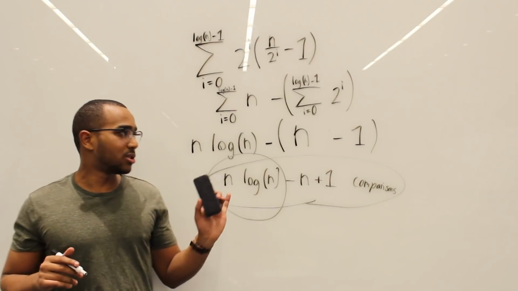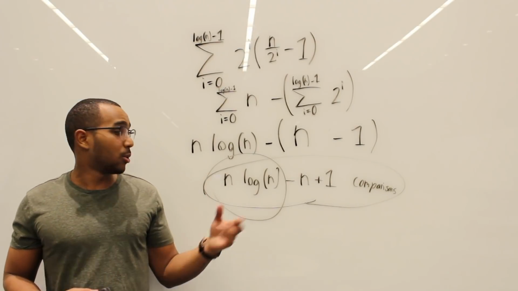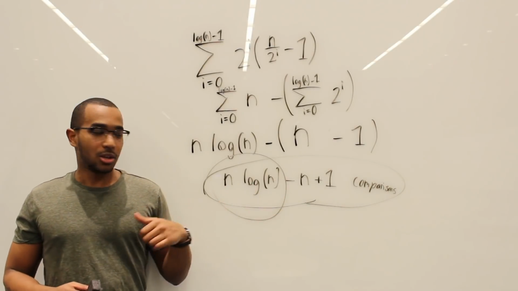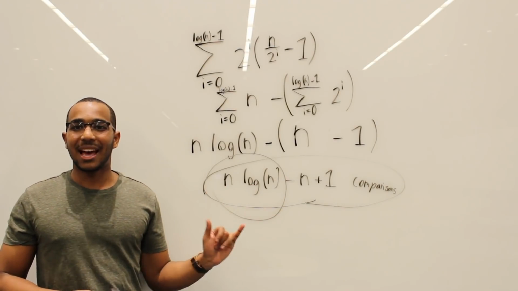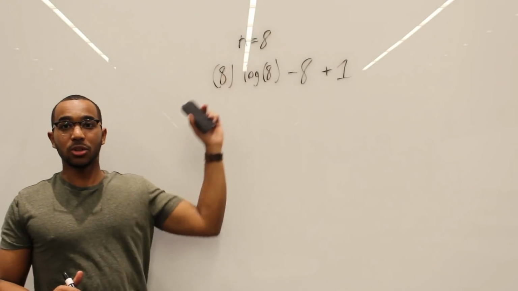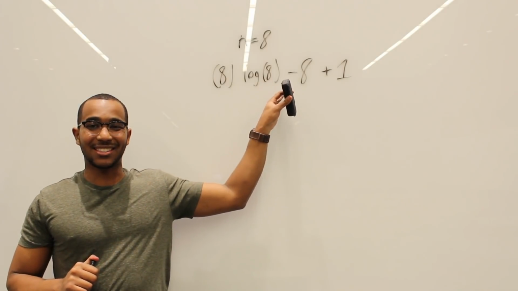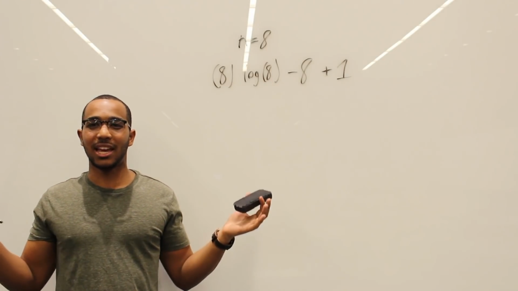So why don't we use this to solve what we solved before? We are not using the recurrence now. We're using a concrete mathematical statement. So let's plug in 8 as n and see what we find. N equals 8. Remember how we solved the recurrence before? Now we're going to solve the exact statement and see what we get. Is it the same? Am I right or wrong?